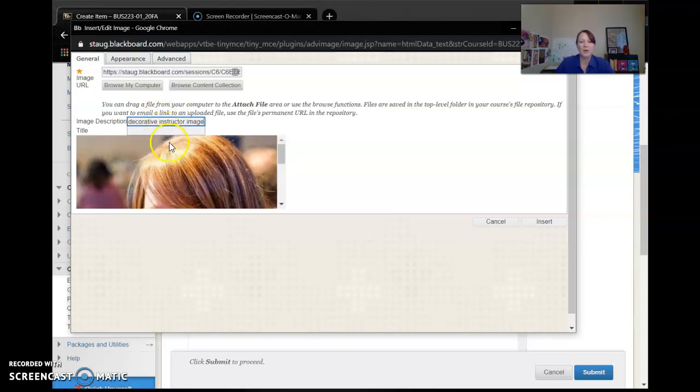So if for any reason the person accessing your course needs things read to them by the computer, or if there's a problem with displaying a picture, this image description is what actually is going to show up or be read to the student. Okay, so I've got the picture up here,